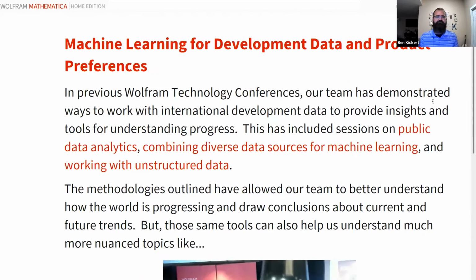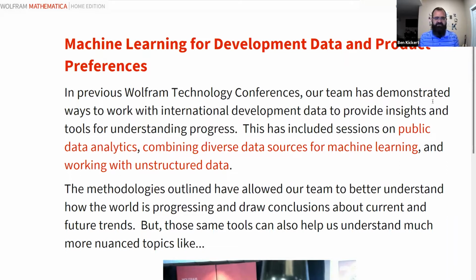So from the technical side, let's actually start with machine learning and what we've done for development data and how that relates to something like product preferences. This is actually an area where our work is very well documented. I have several links here in the notebook, and just as an aside, the notebook is uploaded.